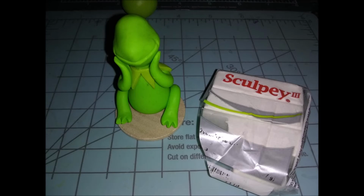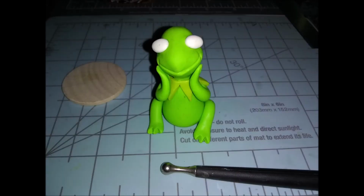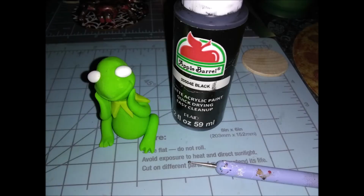Next, I went on to the white clay, and you just need this for his eyes. So I took two teeny tiny balls, and I couldn't just set them on the head because they looked weird, so I took my dotting tool and indented two oval shapes into the head and popped those in. I rounded them and made them more oval than round, so just use a reference picture to keep up with everything. After that, I went on ahead and painted on the eyes,